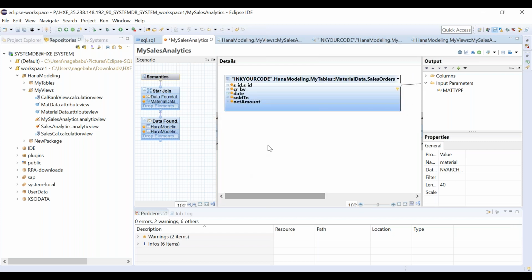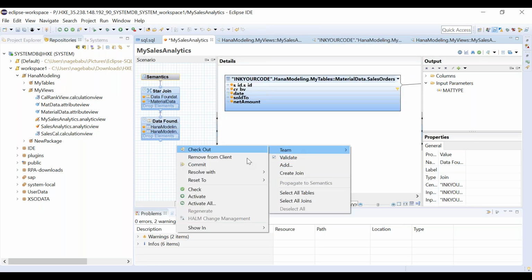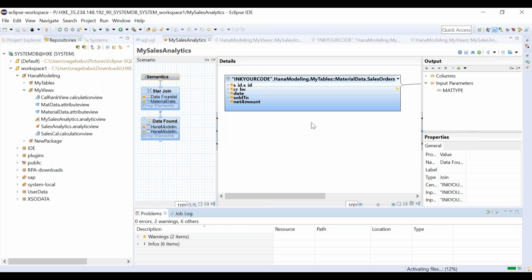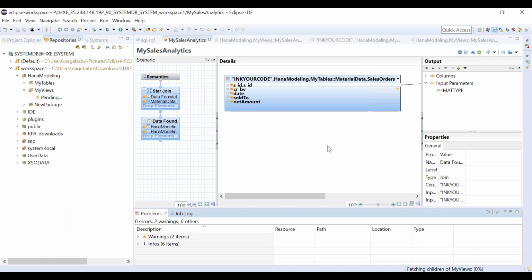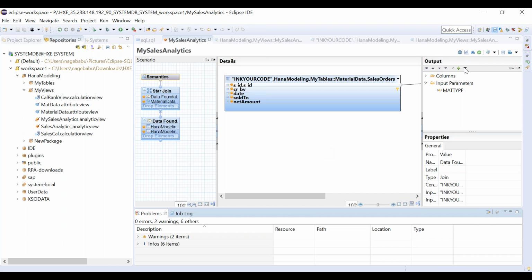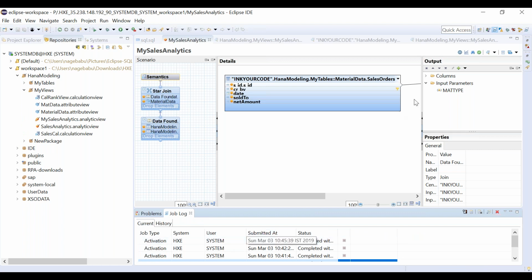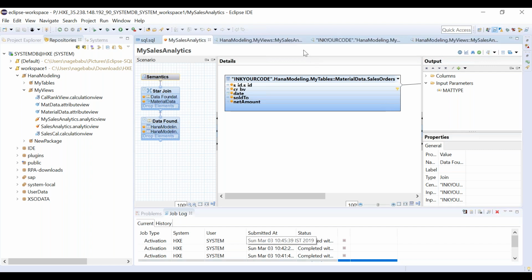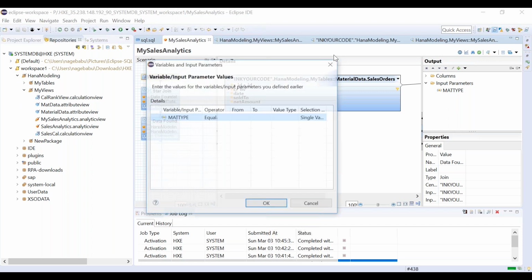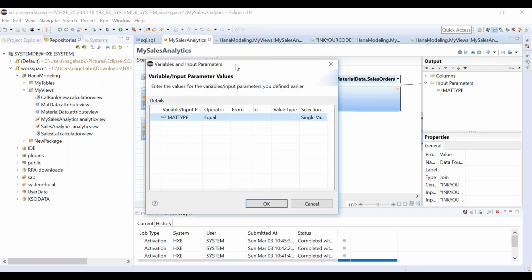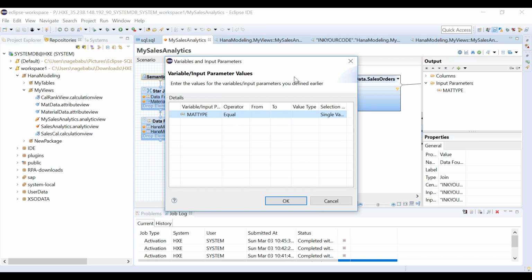Okay, I'll execute this and I'll activate this. Ignore the warning. Now let me check the data preview. Let me check if it is activated. Yes. Go to data preview. Okay. So since I have material type as an input parameter, there will be a